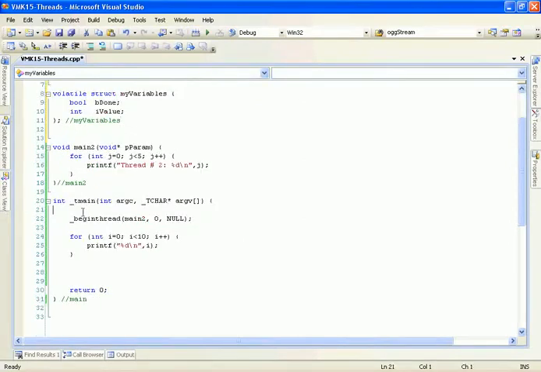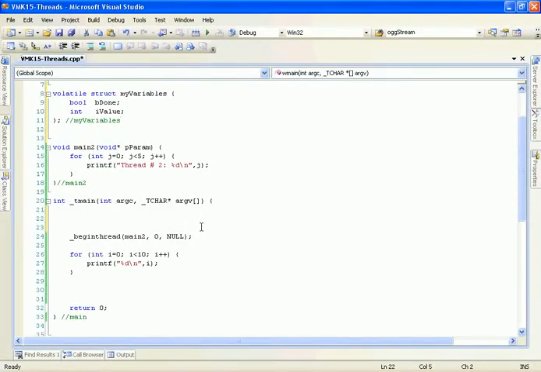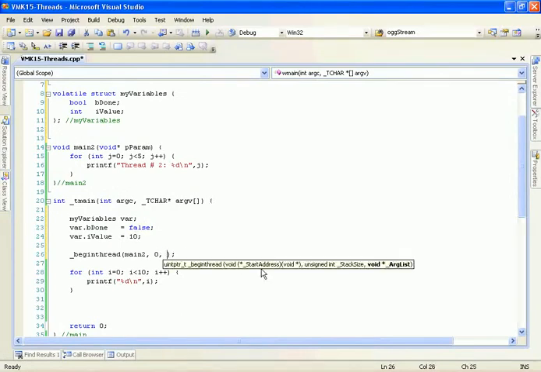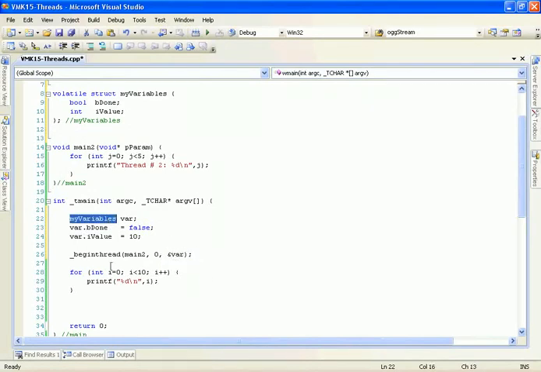Alright, then inside of the main thread, I'm going to declare some variable that is using this structure. As shown here, I'm just declaring my variables, call it var. I'm going to set the done value to be false and the I value to be 10. Then, in the third parameter here, I'm going to see that it has to be a void pointer. So I'm going to take the address of my variable, that is this guy here, and pass it into my